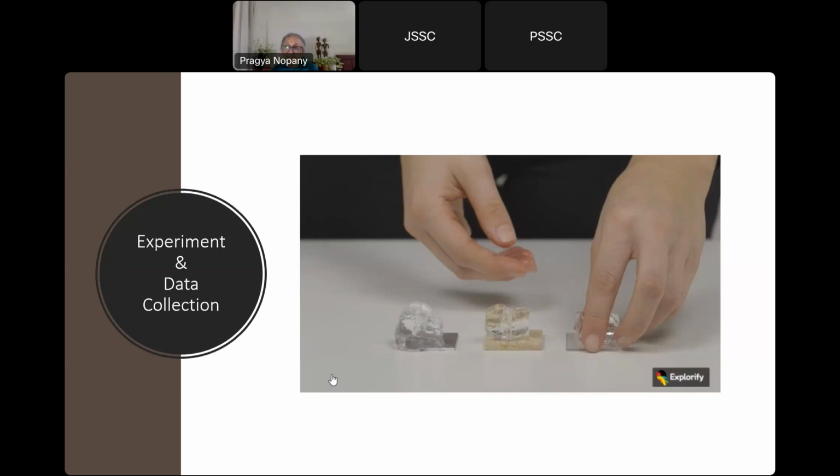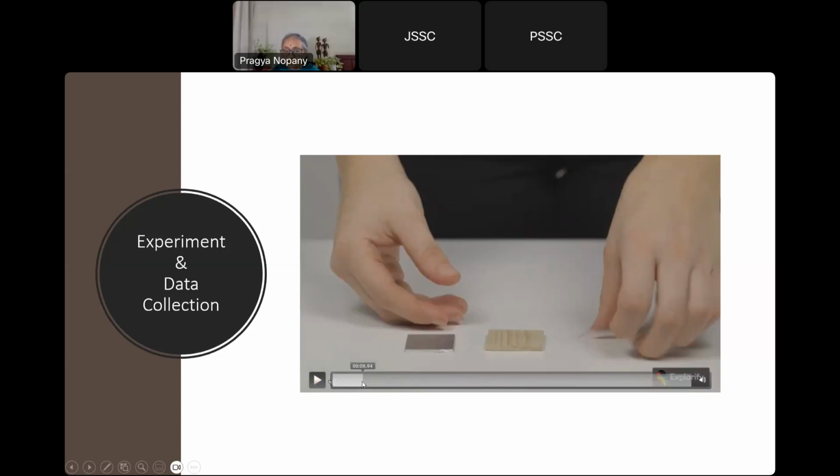Now, this is the way you could ask in the class also. It would nurture their competency of predicting and thinking, right? Then you can ask them to take stopwatches and measure the time it takes for the ice cube to melt, right? So time data can be measured. And then you could also tell them to write other interesting observations. For example, when the ice cube was put on the metal, it started moving, whereas in the other two, it did not move. I'll show you again.